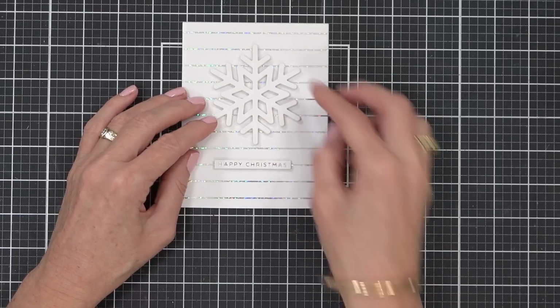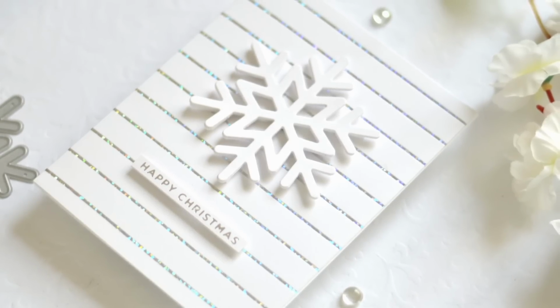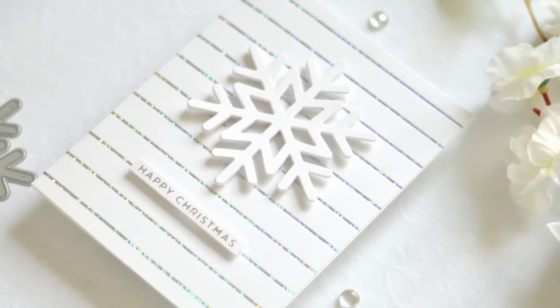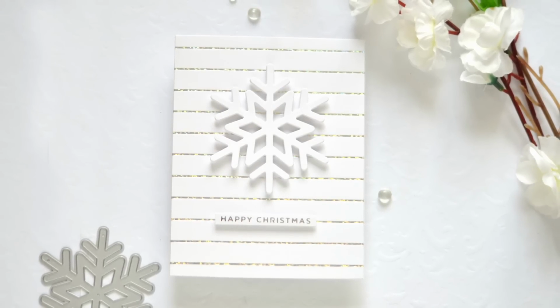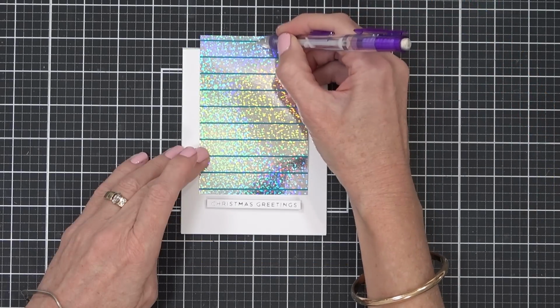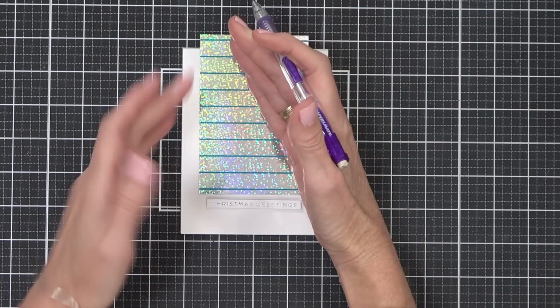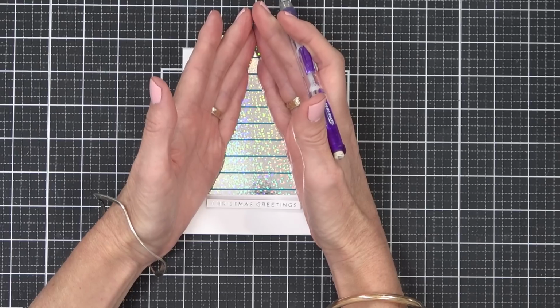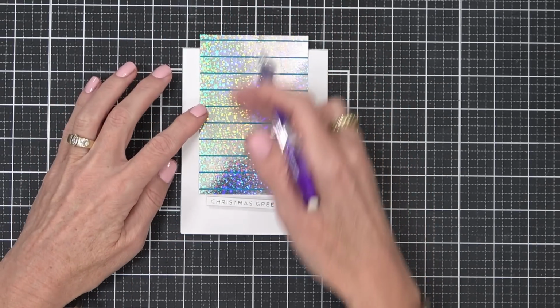You know, the more I try and add, the more I take away. I don't know about you. I'm definitely a less is best girl. And something like this would be really fun to create multiples of in different colours if you wanted to go down that path. So this solid piece of cardstock here, the leftover foil waste, I decided to make it into